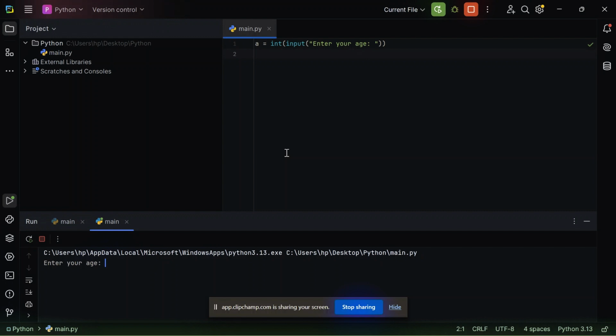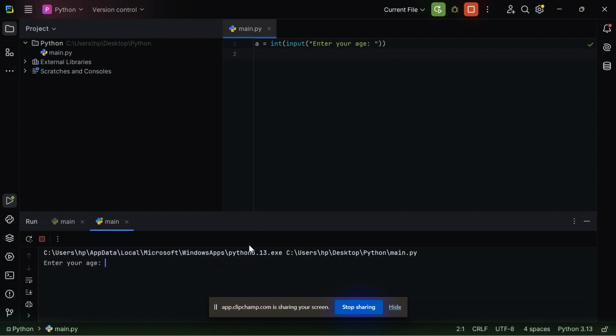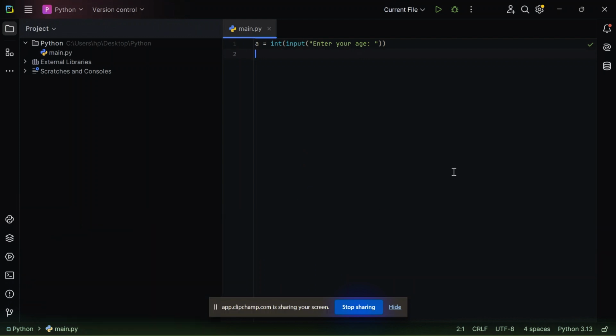In enter your age, if I type my age is something I don't want to tell, that's pretty long, you can also write something short, an error occurs. But if I type a number, 123, it ends the program easily, no issue. Okay, I think this much is clear.